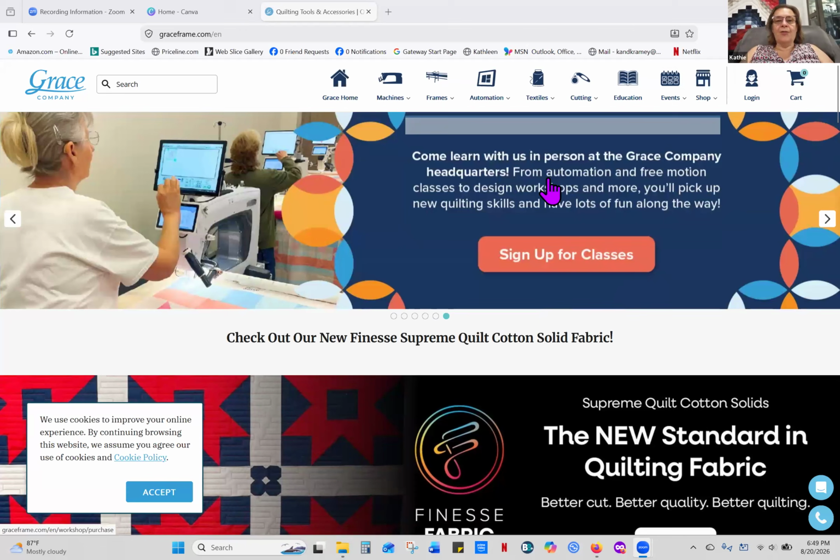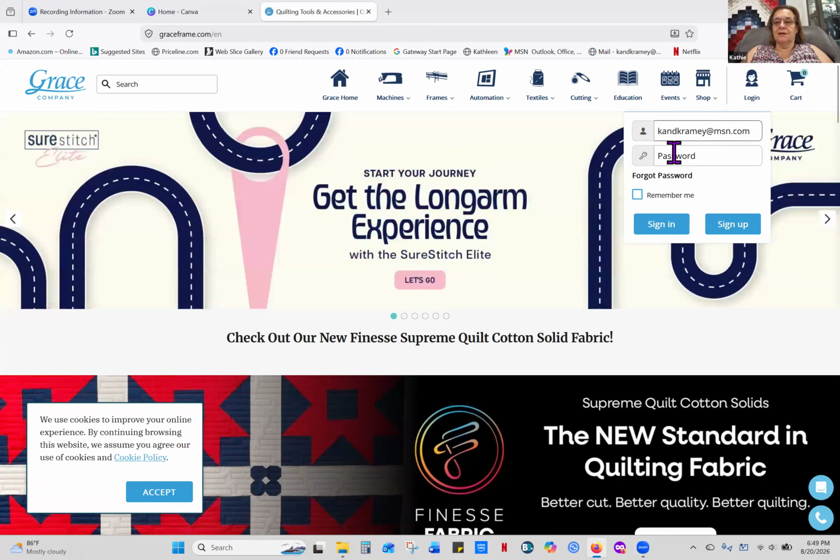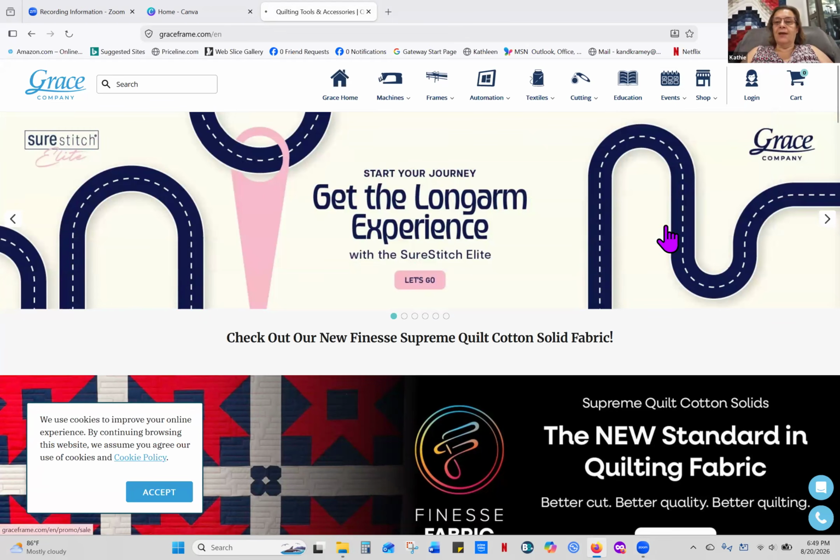Okay, so here I am at the graceframe.com, and here's the login button. I'm going to save my information. Here we go, I'm going to log in. Once I do,